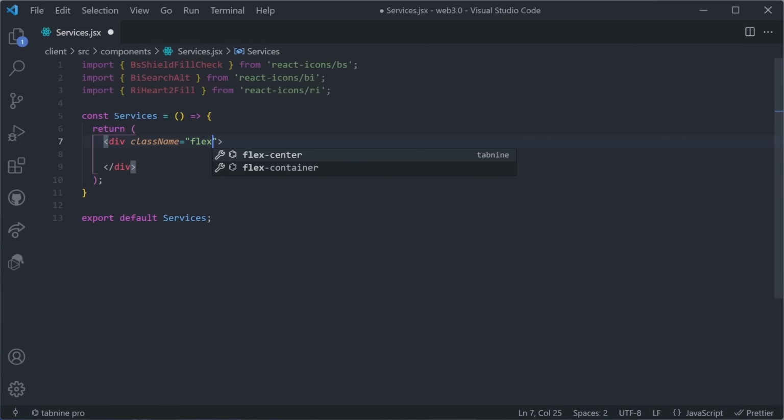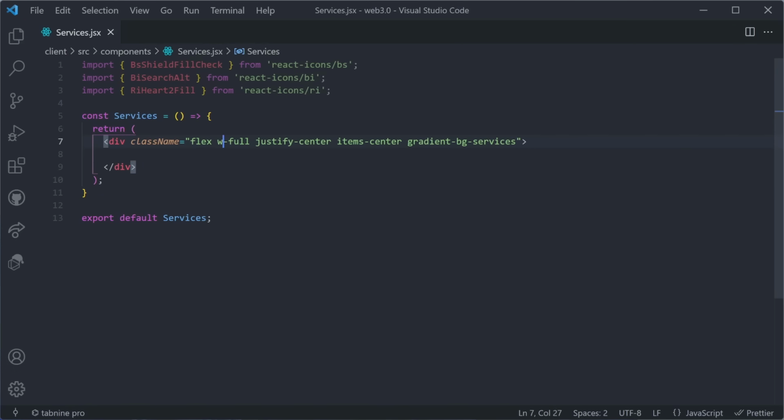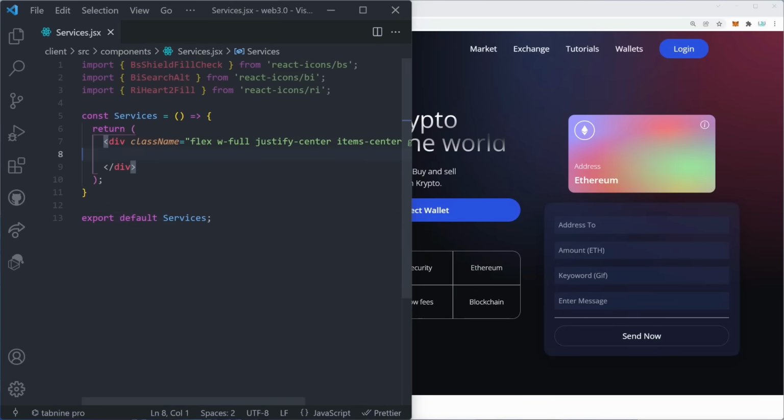equal to flex w-full, justify-center, items-center, and gradient-bg-services. Now we can save that, and we can put our browser and editor side by side so that we can see the changes we make. There we go. Now inside of this div, we're going to create one more div,